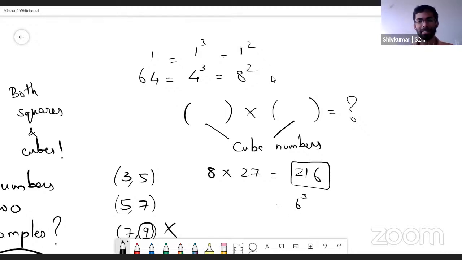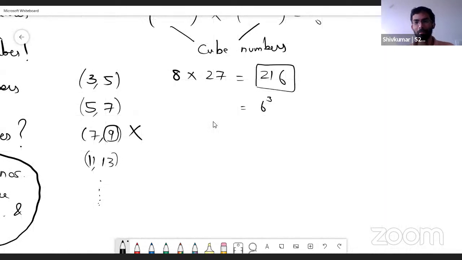Now let us take a bigger example. 1331, which is 11 cube. Let us multiply it with another cube, 216. Would this answer also be a cube? Can anyone give a basic explanation of why this should be the case? 11 cube into 6 cube is also 11 into 6 whole cube. Right. But why? How can we be sure that 11 into 6 whole cube is the same as 1331 into 216? 11 cube into 6 cube is equal to 11 into 6 whole cube.